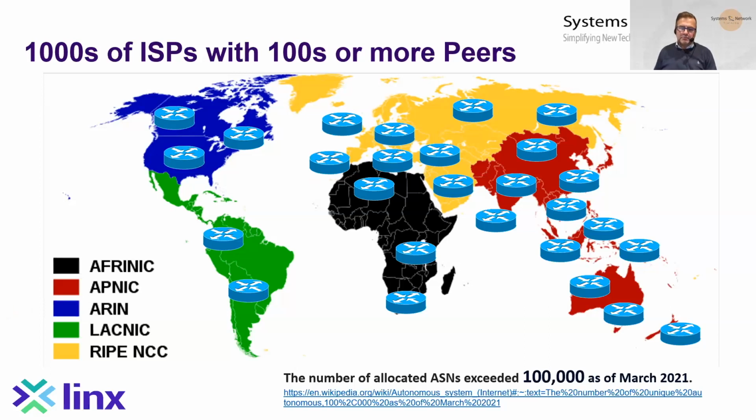The cloud giants, which would also include Amazon, Microsoft and Google. Content giants like Netflix, content delivery network providers like Akamai and Limelight, and then large businesses as well, and